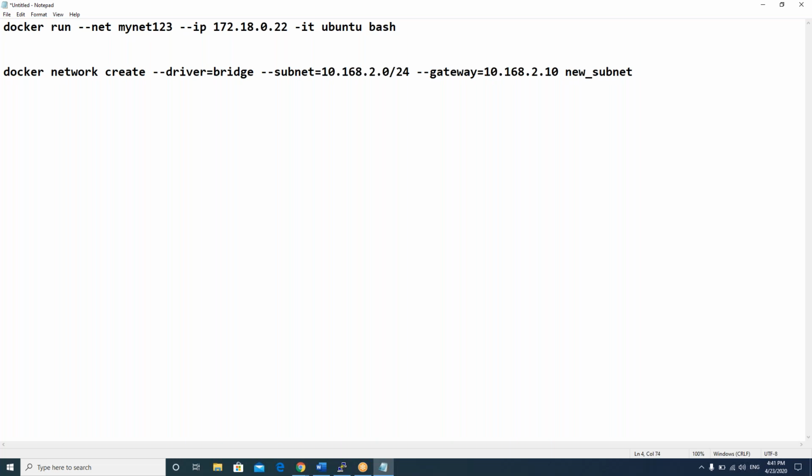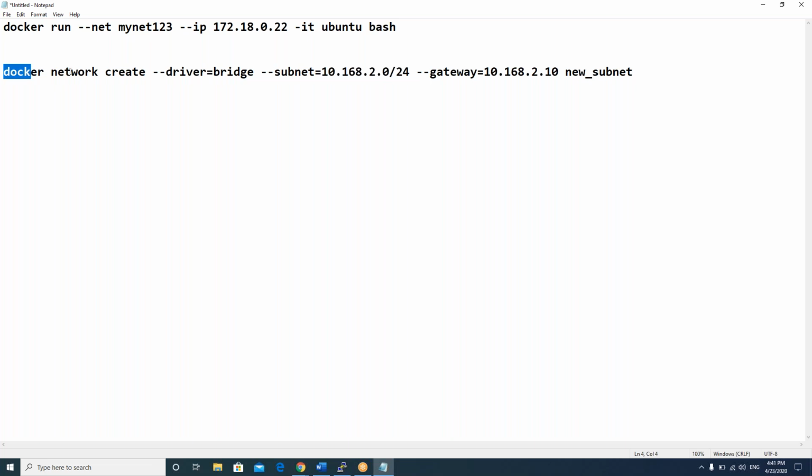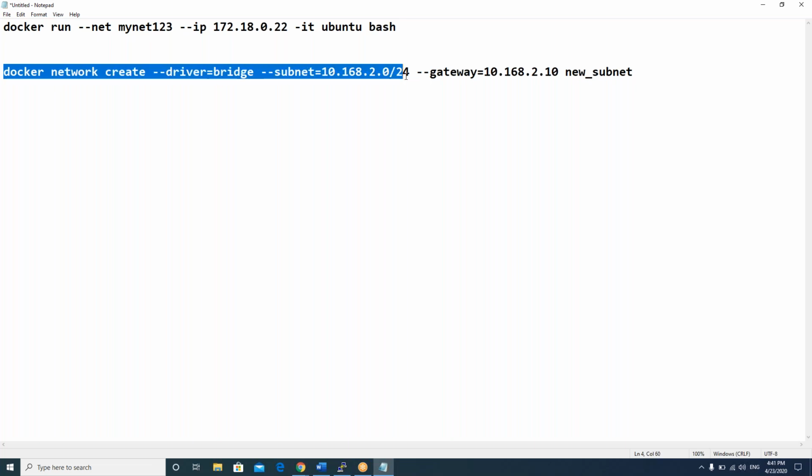Again, how do we exit from that if we don't want 192 or 10? I want to come back to 172 again. Can we change it again the same way? Again the same way. To change the default network, you have to do the same steps again. Okay, now copy this and run it in